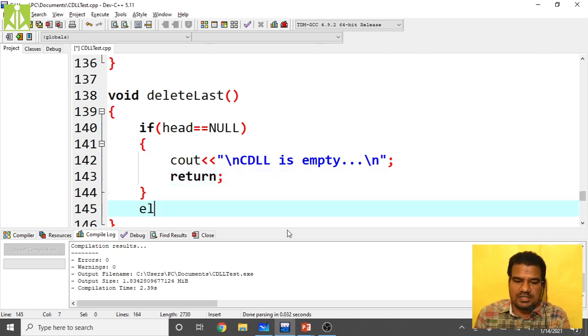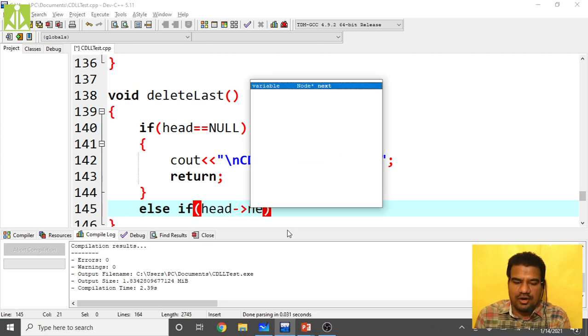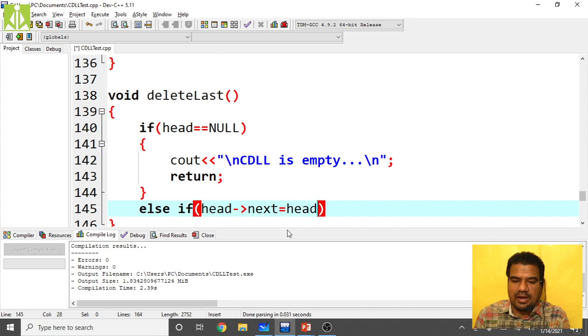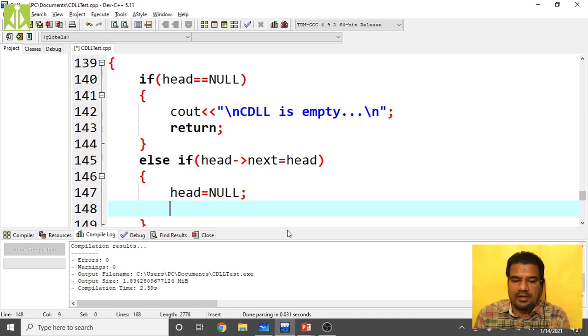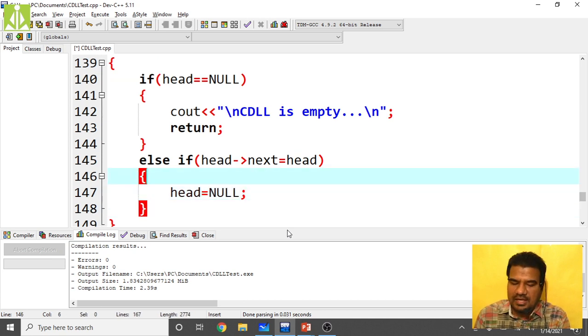The second case, what I said, else if of head of next equals to head, having only one node inside my circular doubly linked list. So in that case, what I have to do? First you delete the head.